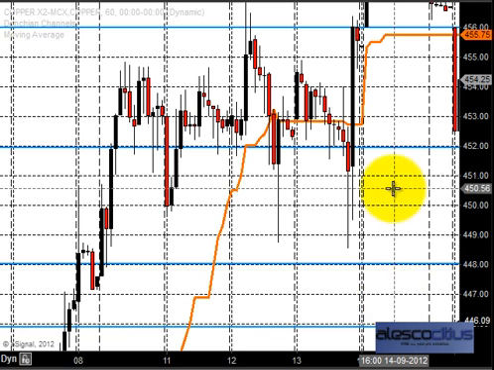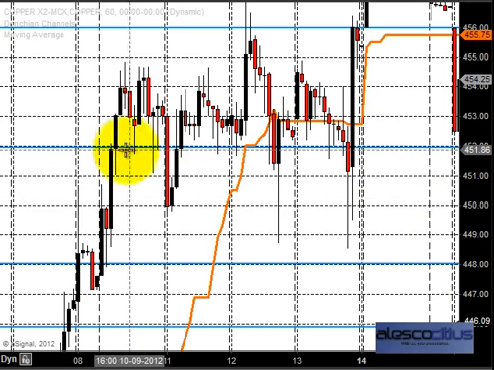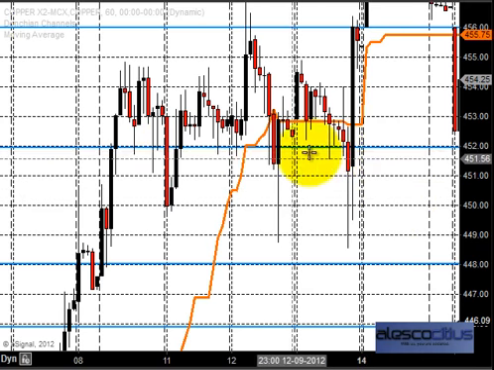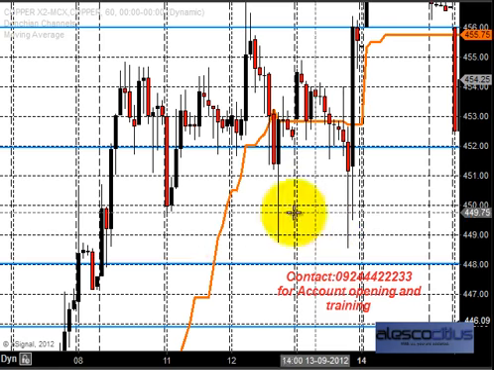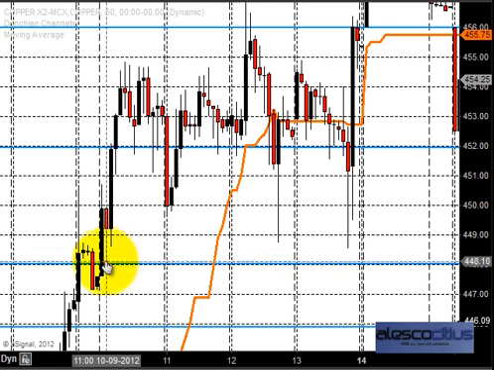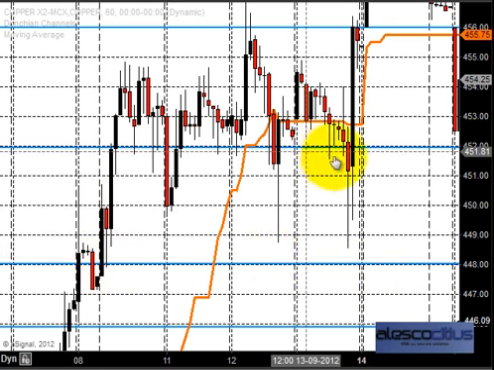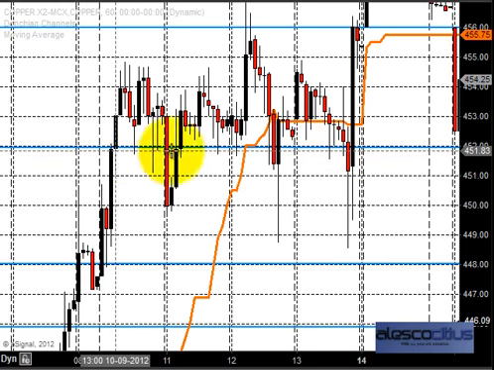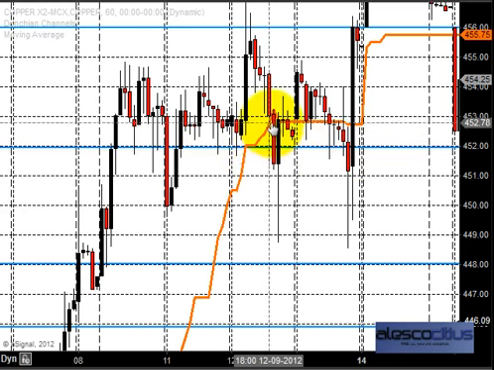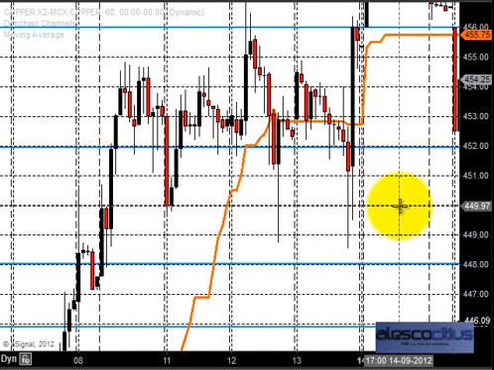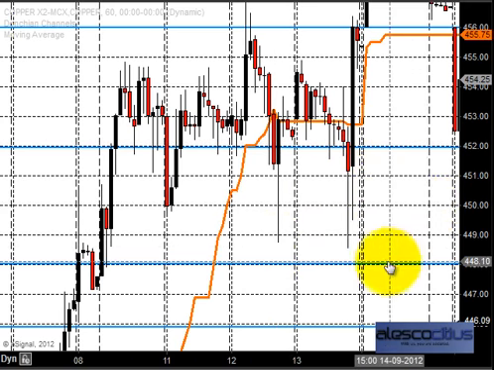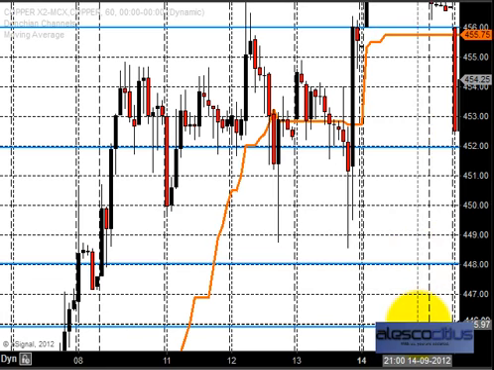Till then we expect copper to stay in uptrend, and we had explained clearly the importance of the support. In the previous week, 452 is acting as a major support and 448 is acting as a major support. And the previous week's price closing was all above the support zone. So you can see possibly most of the time the price closed above 452. So we got a spike down everywhere, but the closing was above that. So that was one of the major reasons why we took 448, 452 and 446 as a major support.